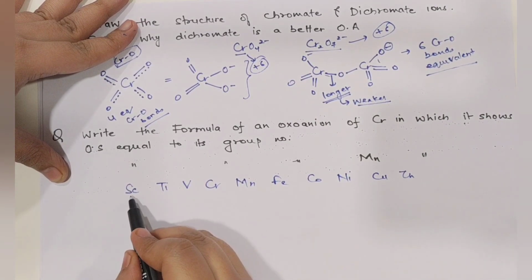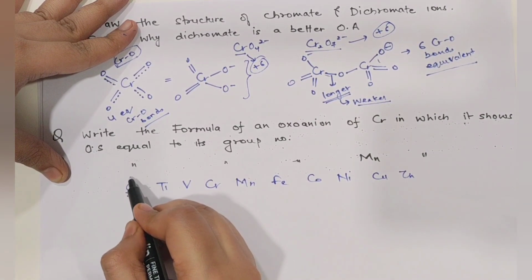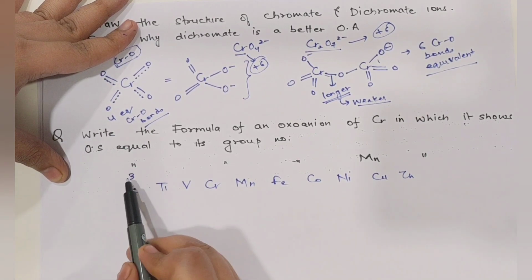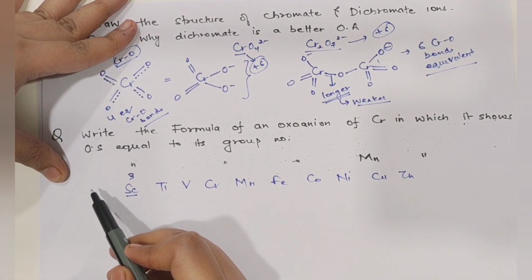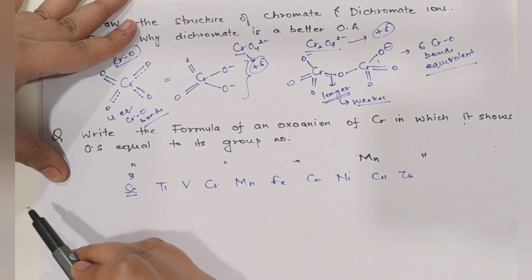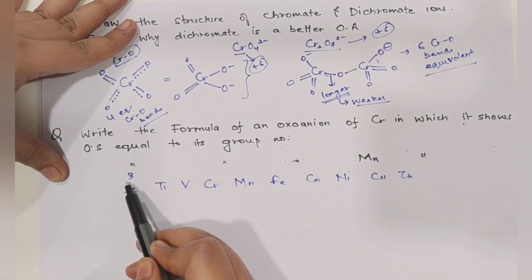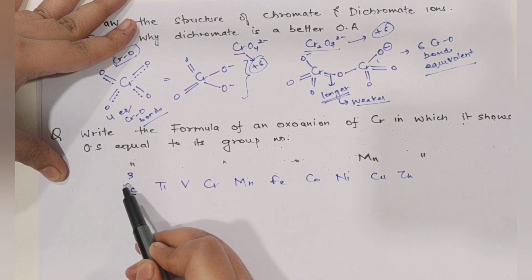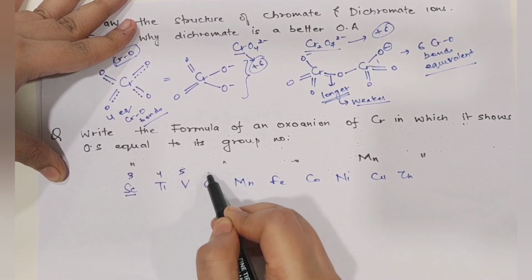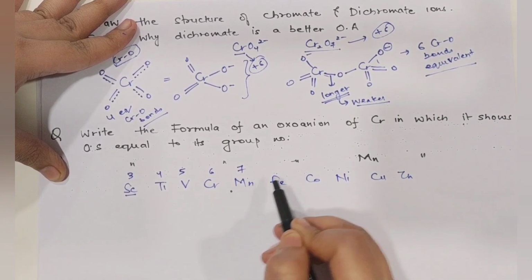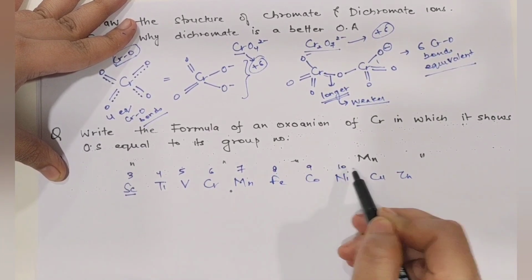Now, the group number here would start from 3. Why? Because before this, we have alkali metals and alkaline earth metals. They are group 1 and 2 respectively. So from here onwards, group 3 is scandium group, and then group 4, 5, 6, 7, 8, 9, 10, 11,